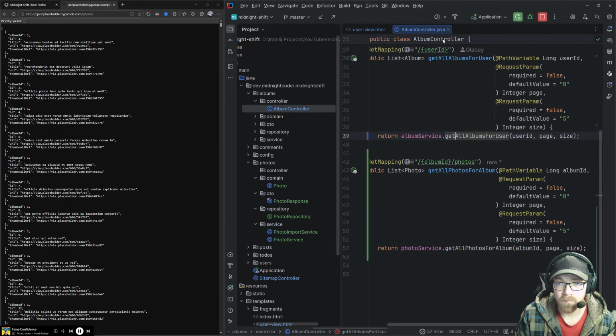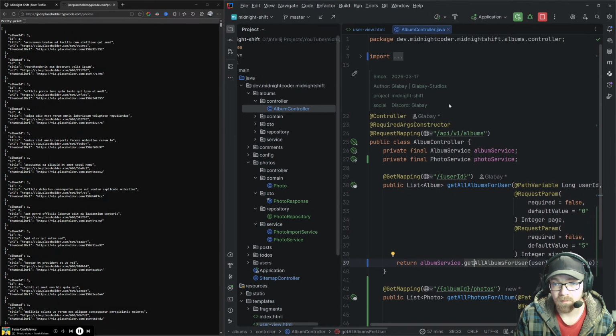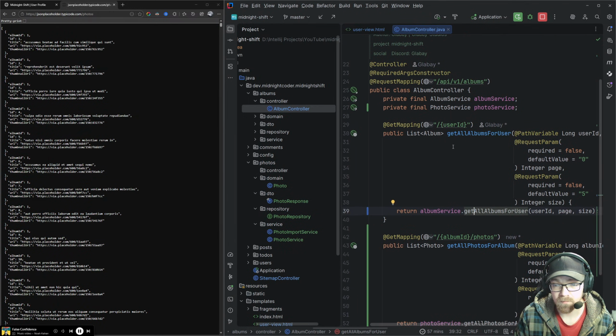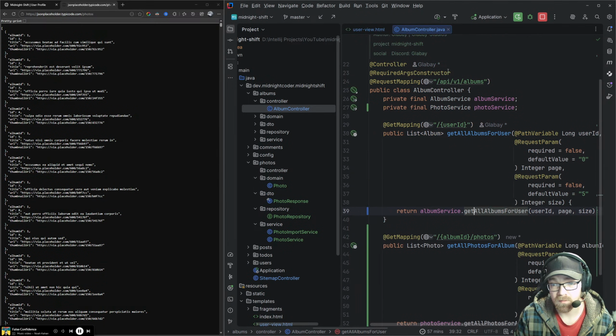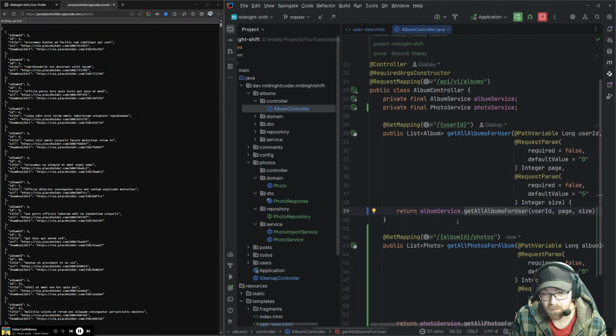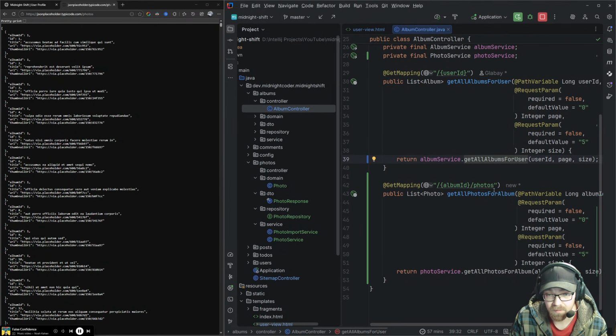Typo much, Mike. Alright, so now this should take us to albums. So I can go back into here actually. That's albums ID photos. So albums ID photos is going to take us to this, which is going to return a list of photos.